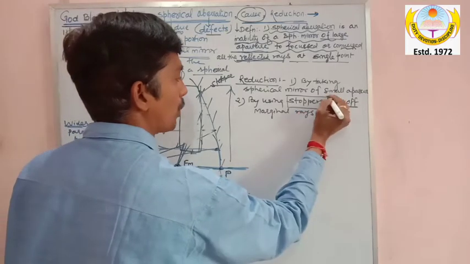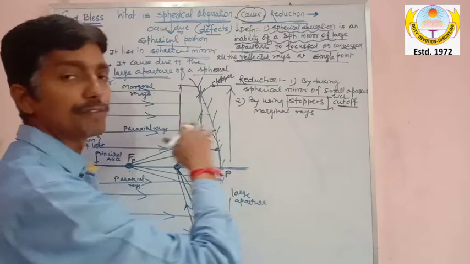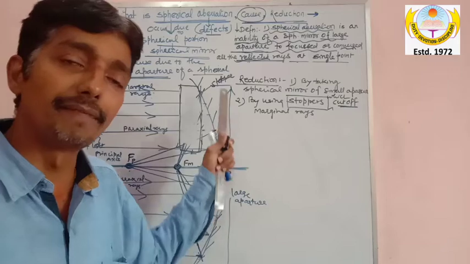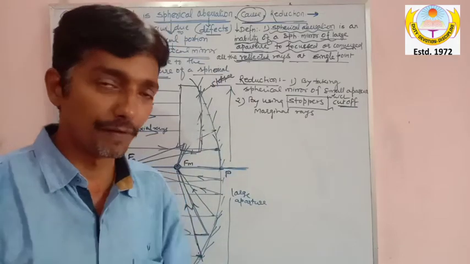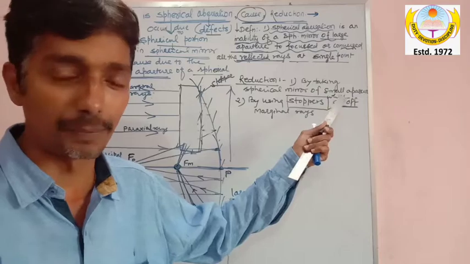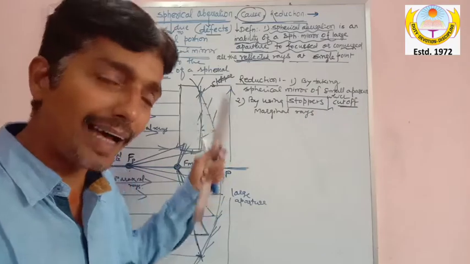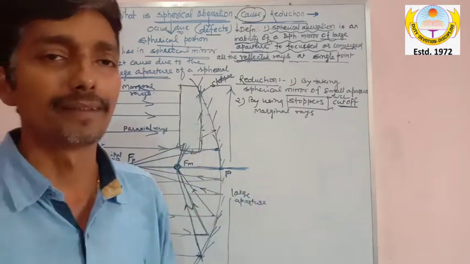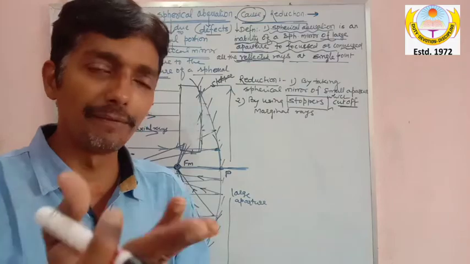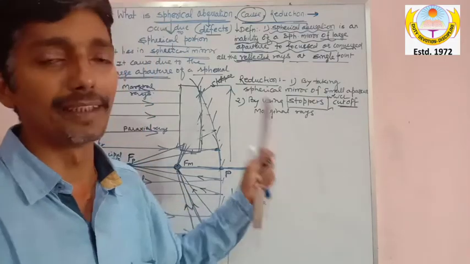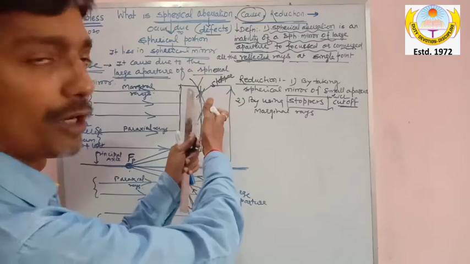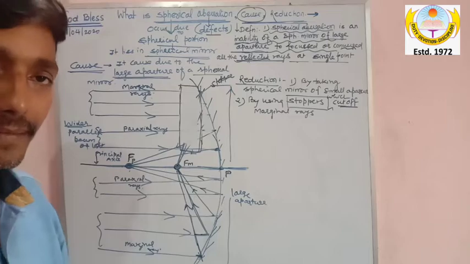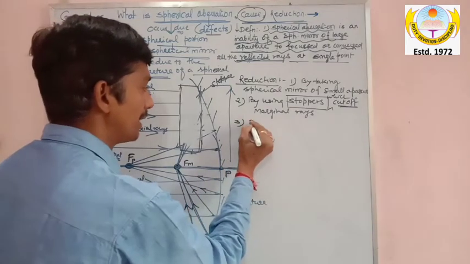By using stoppers which cut off marginal rays, they don't allow the marginal rays to fall on the mirror, even if the mirror is of large aperture. So first, a mirror of small aperture must be taken. Otherwise, if it is a mirror of large aperture, then you have to use a stopper, my dear. The stopper is the one which stops, the one which cuts off the marginal rays, so that the marginal rays will not fall on the mirror and will not reflect and form another focal point. And third is by using